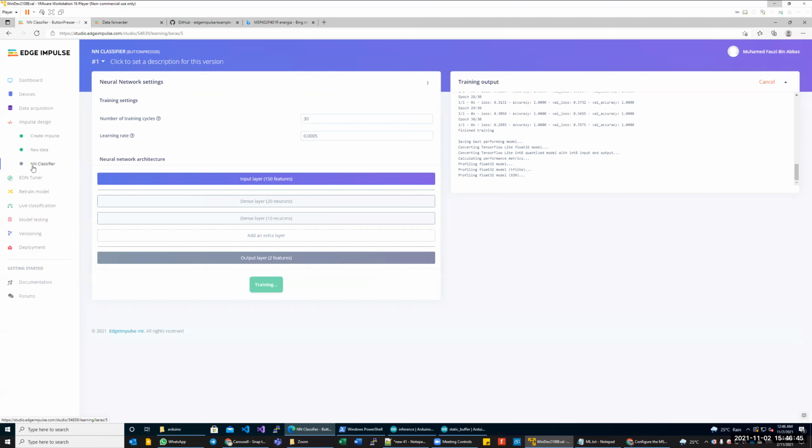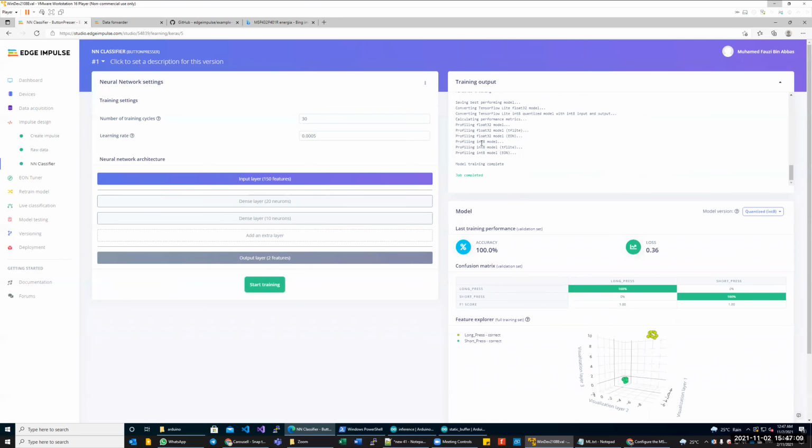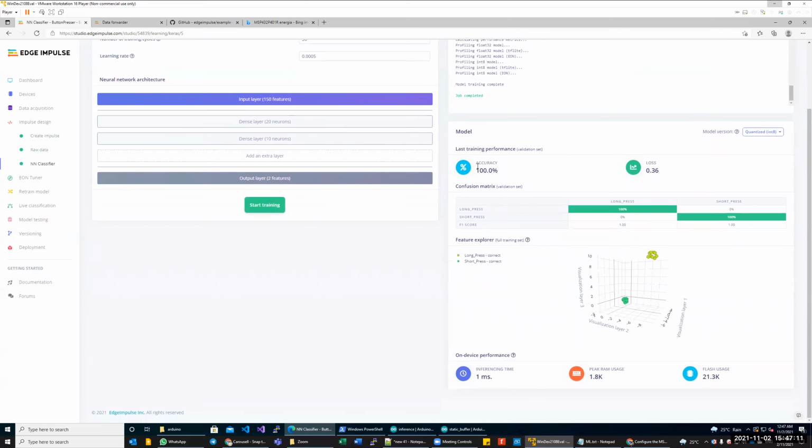Okay. So it will take a little bit of time. Let's see. Yeah. And you're done. See? So they have completed the training. If you look at that, they have 100% accuracy because it's a very simple thing. Short press, long press, correct? And this is what they did with